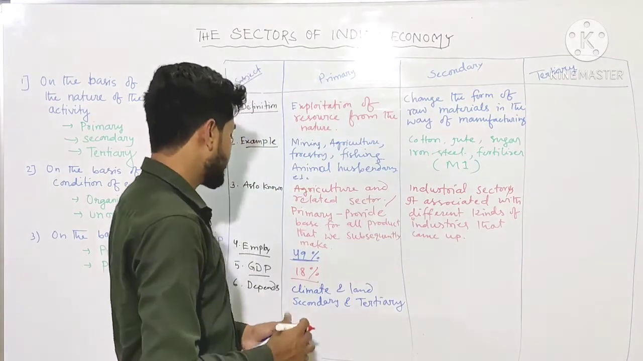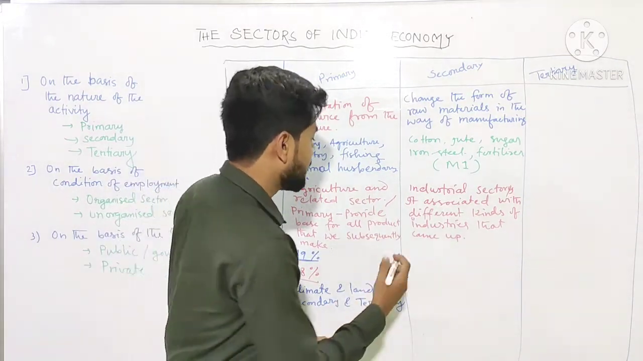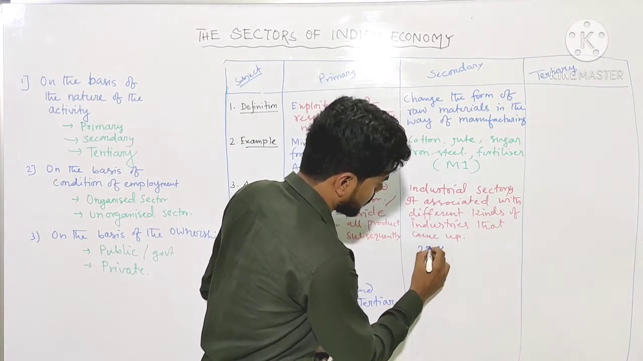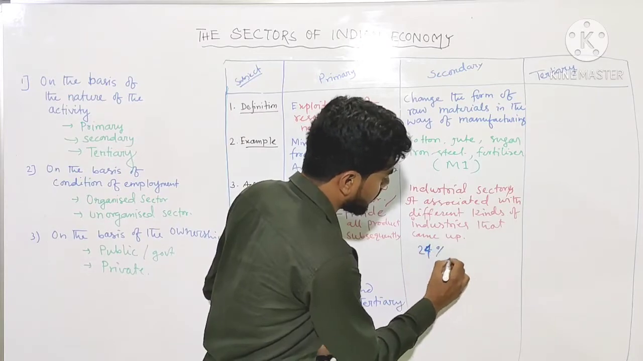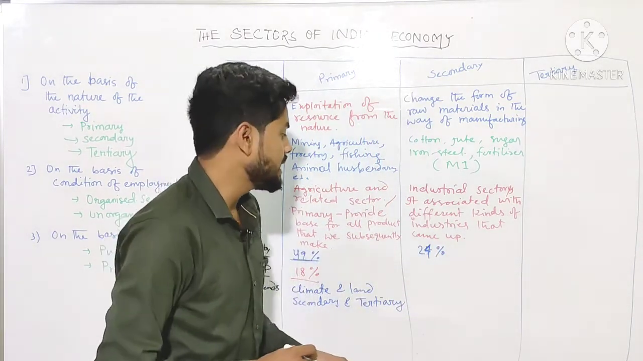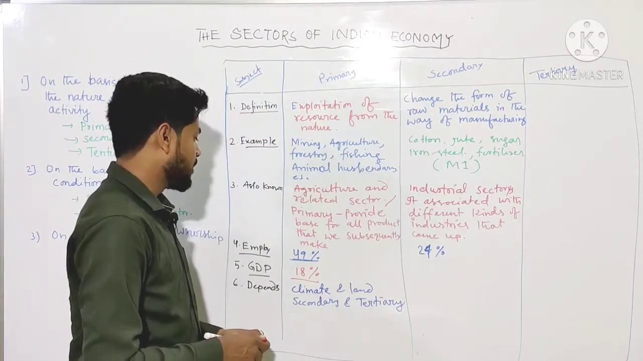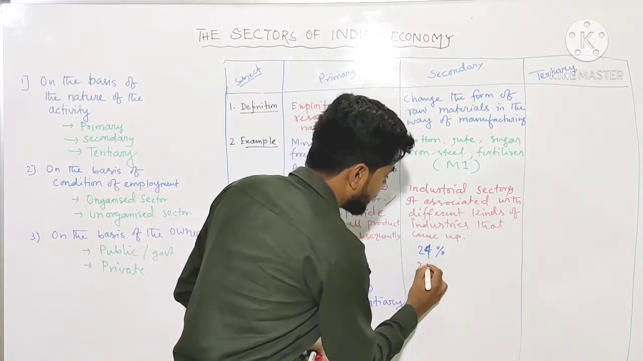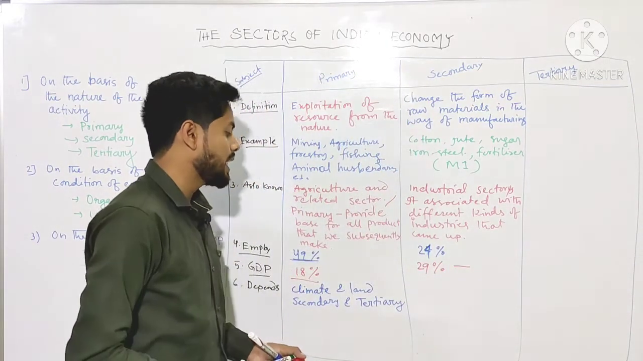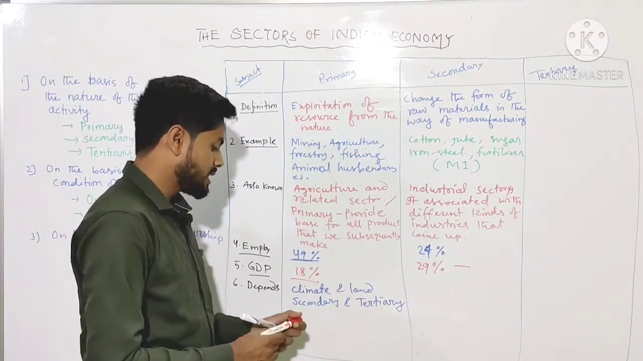Next, employment. How many people are engaged? 24% of people are engaged in secondary activity. It shares 29% of GDP towards the country's economy, and it depends on the